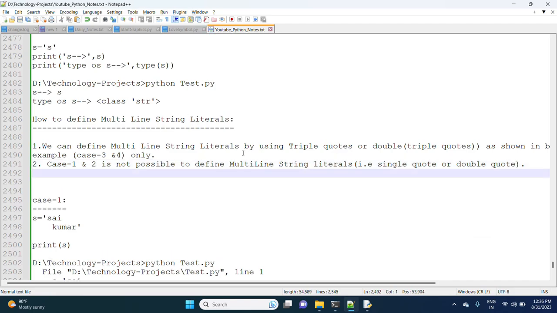Clear, right? So the point here is how to define multi-line string literals by using triple quotes or double triple quotes, as shown in the below examples, case 3 and 4. Clear, right?